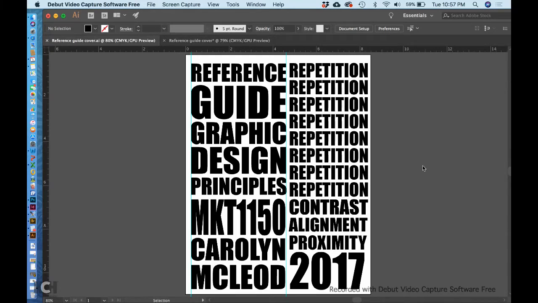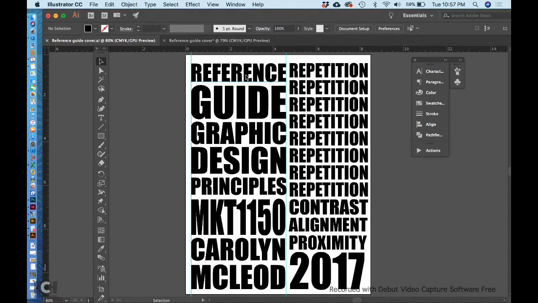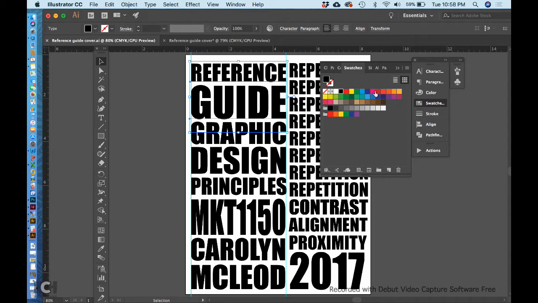Welcome back. We are now going to work with contrasting color. Right now we have a black and white poster, and that's all we have. Now we could take a look at, if I hold down my shift key, I can choose reference and guide at the same time. I'm going to move over here to swatches, and I'm going to hit the color red. You can see I've now created a package with reference and guide by making them the same color, and nothing